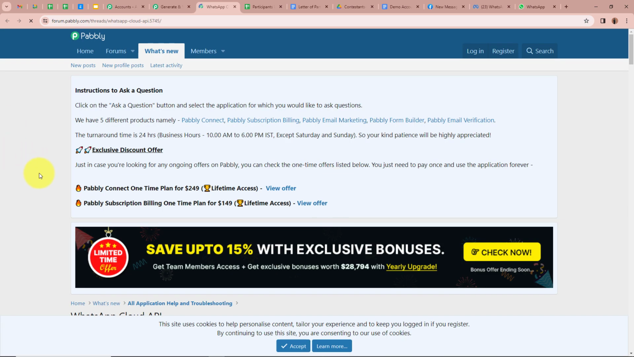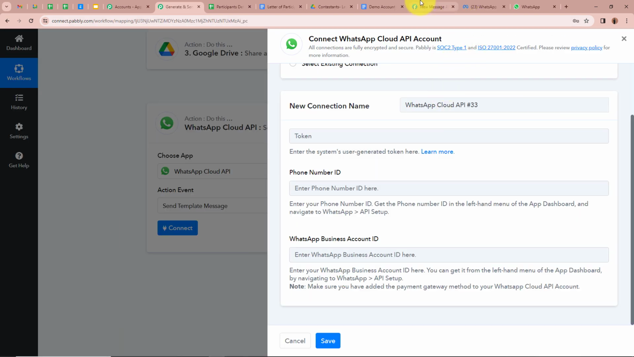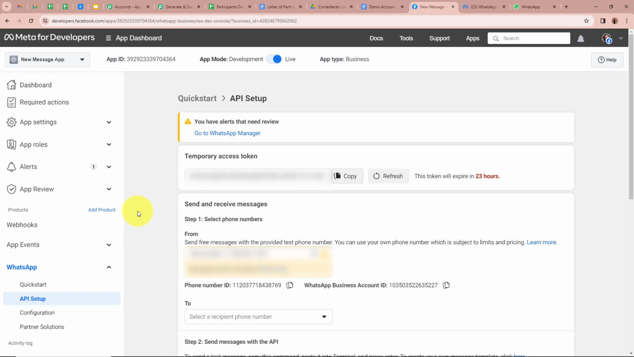We have to click on learn more right over here. Then you will be directed towards a new tab, and if I scroll down, you can see a tutorial is provided which shows how to set up WhatsApp Cloud API inside Pabbly Connect. If you watch this tutorial, you will be able to set up WhatsApp Cloud API in Pabbly Connect. As I already have the API set up in my WhatsApp Cloud API, and as you can